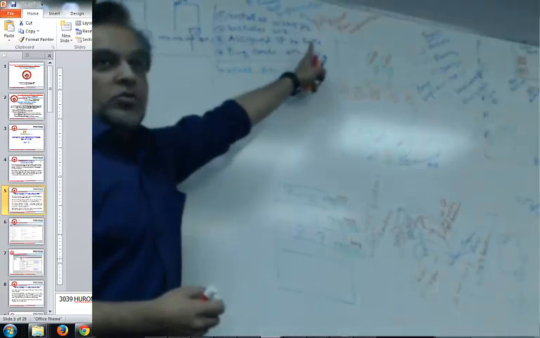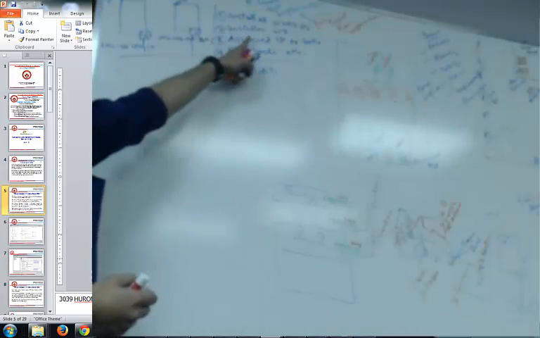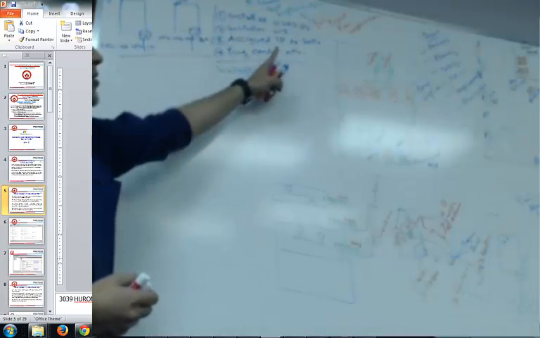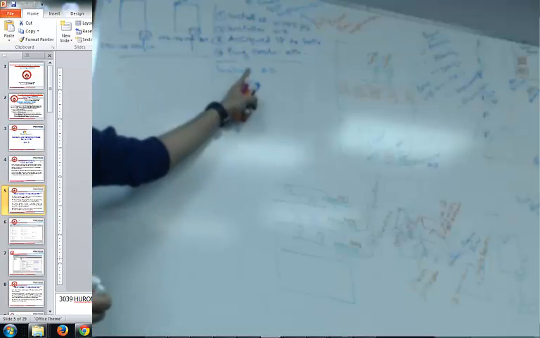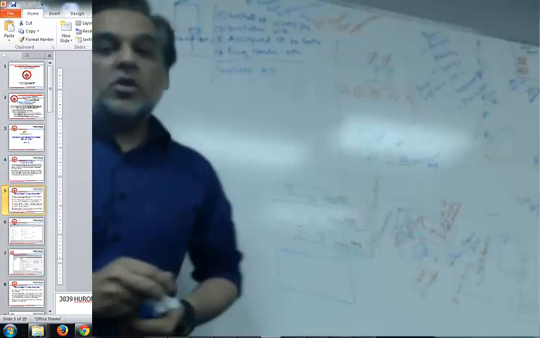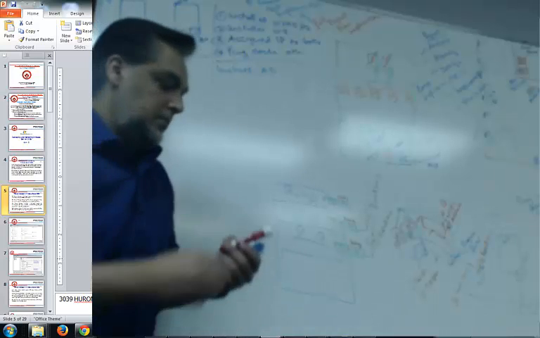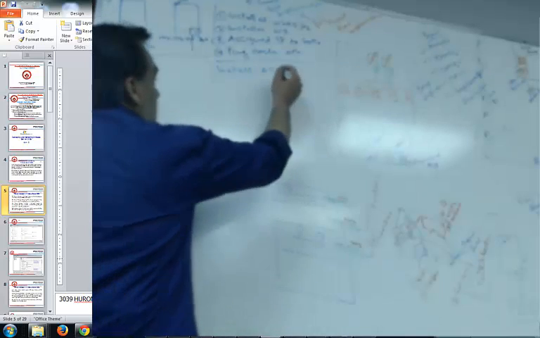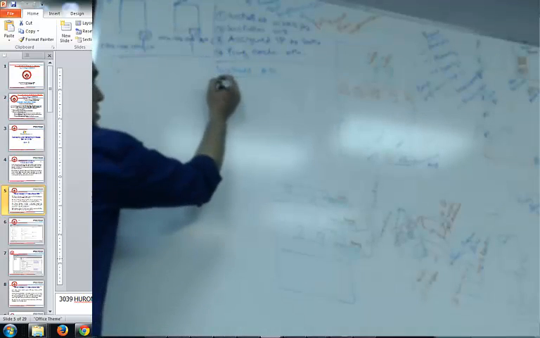Okay, so guys, here we have a POC, and in this we have installed 2008. Here we have Windows 7. We have assigned IP addresses. They are pinging each other, and now we're going to install Active Directory. In order to install Active Directory, what we need to do is, first of all,